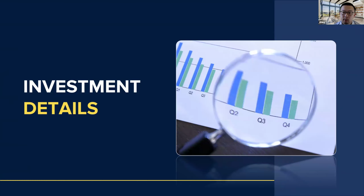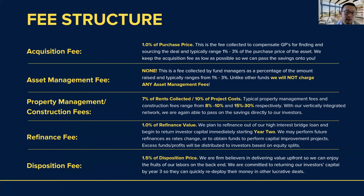Okay, so we've already covered a little bit of the investment details, but let's dive into it a little bit further. Here are some of the fees that we have to disclose that we will charge. One is the acquisition fee. Typically, this is a percentage of the purchase price that syndications will charge, and it ranges from 1 to 3%. We've kept it on the very, very low end of 1% so that we can pass the savings on to you, our investors. As we mentioned, because this is our flagship investment opportunity, we wanted to really make it attractive